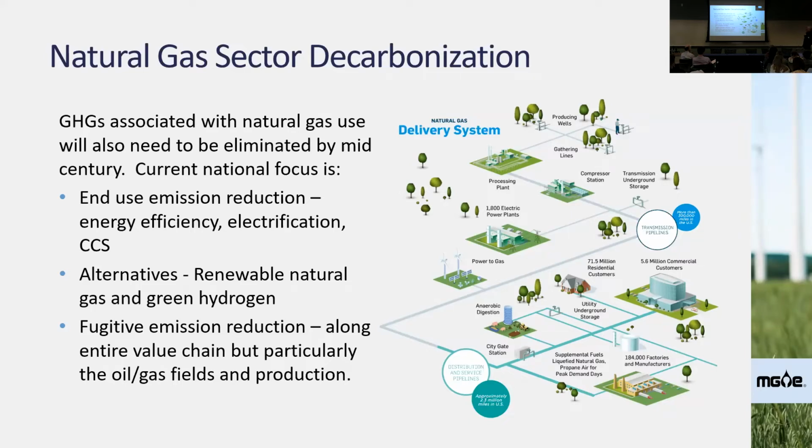So this is currently a national focus, trying to drive carbon out of the natural gas industry. And right now the focus, if you look at the end use emissions, is on emission reductions, energy efficiency, and electrification to, again, substitute those furnaces with maybe heat pumps, and gas stoves with electric ranges. And the same thing with industrial sources, trying to electrify those. It's also looking at alternatives to natural gas. There are a lot of people looking into renewable natural gas. Manure digesters, we have a number of them in Wisconsin,